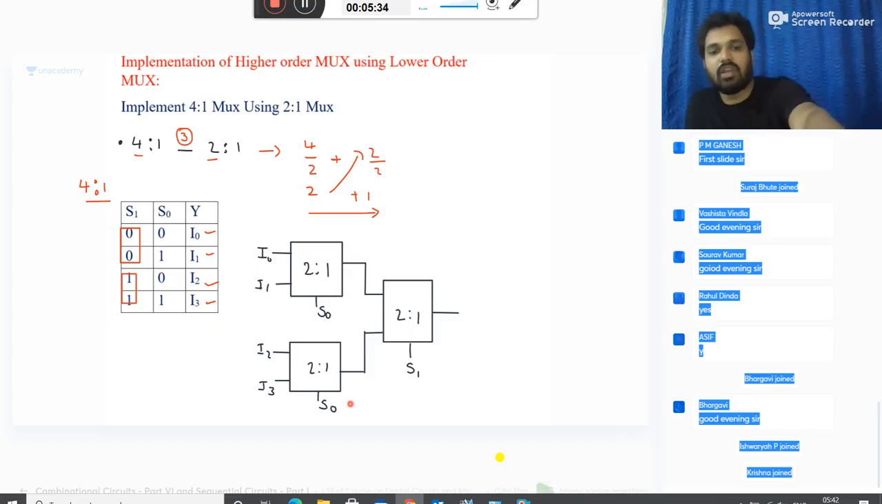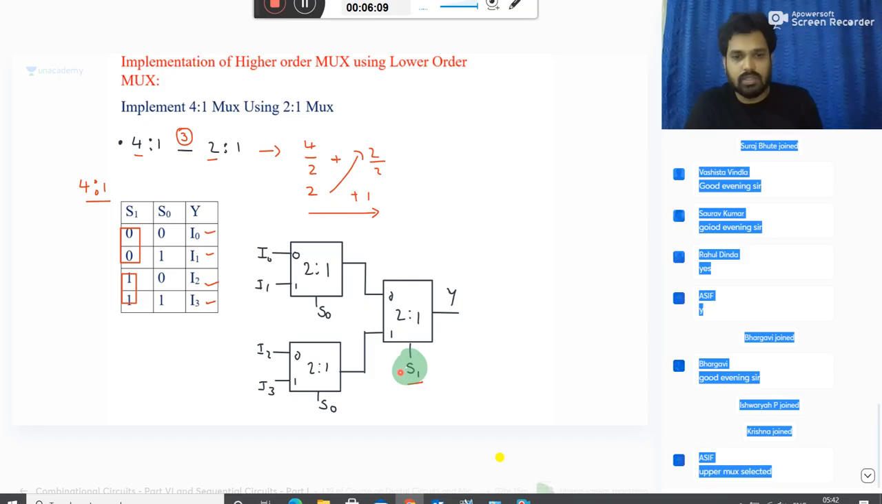Now you observe carefully. When S1 is 0, what happens in this figure? This is 0th position, this is first position, this is 0 position, this is first position, 0 position, first position, and this is your output Y. Whether it will work like a 4 by 1 mux or not, let us just visualize the condition. So you can see here, when S1 is 0,